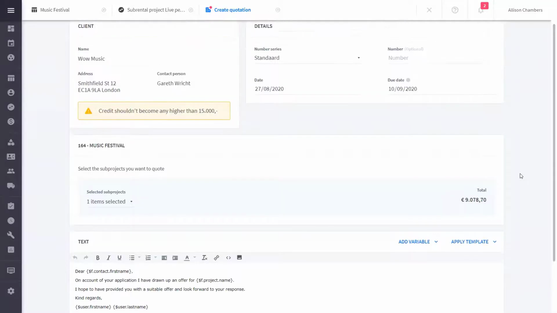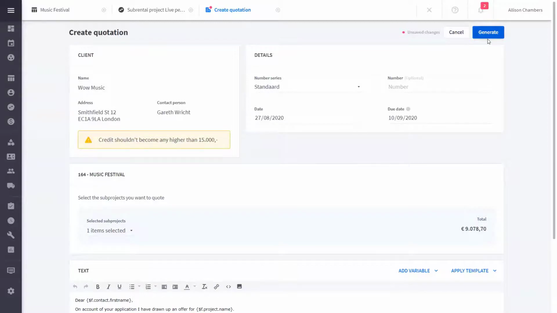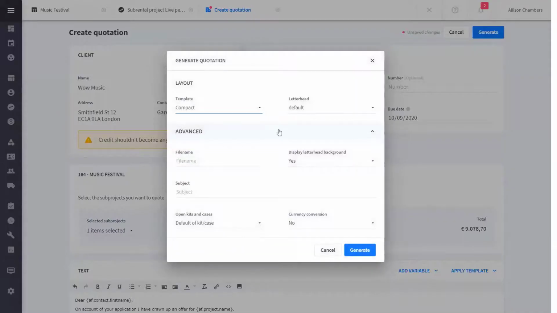And now we can actually go ahead up here to the top and generate our quotation. Here we will actually choose the type of quotation that we want to send. So we will choose the compact template. You can also choose from different types of letterhead. If you are running 2 companies within one business, for example, 1 weddings, 1 conferences, you could have different letterhead there as well. And then of course, within your advanced settings, you can give the file a name, choose if